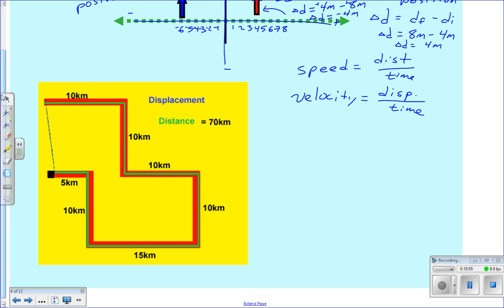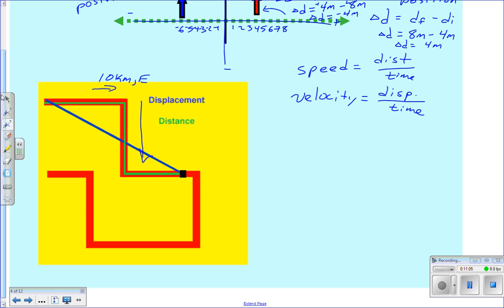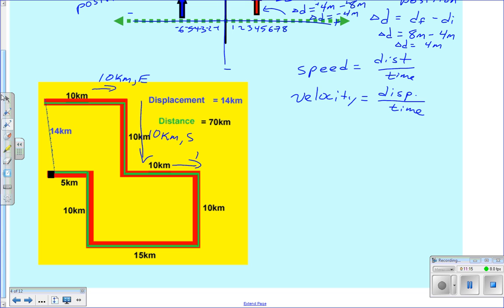It's moving 10 kilometers east, and then 10 kilometers, this would be south perhaps, and then another 10 kilometers east, and then another 10 kilometers south,